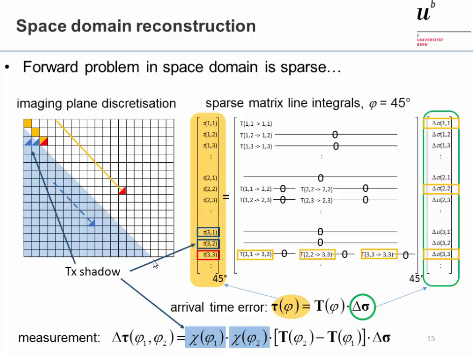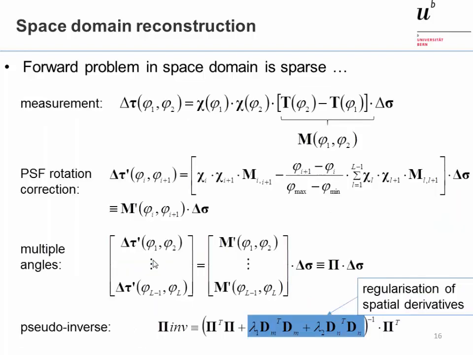And this line is the forward problem for the local echo phase shift using 2 transmission angles. So in going through all the mathematical formulation, the most important thing is that we do an inversion of this forward problem for all transmission angles simultaneously, and we use a regularization of the spatial derivative of the reconstructed delta sigma. And this is in contrast to the frequency domain approach, where we used regularization of the average squared delta sigma.